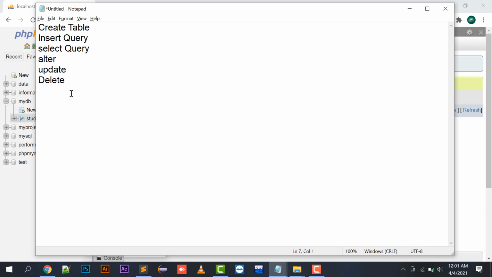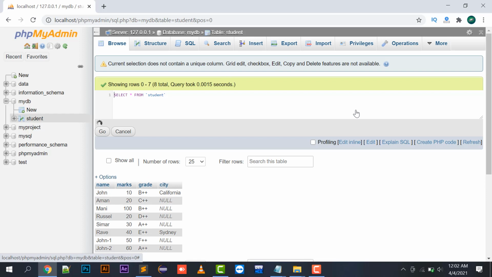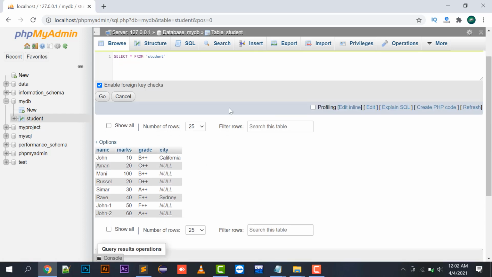So up till now we have covered create, insert, select, alter, update, and delete, right? So the next part is, if I look at the grade part, we don't have a distinct grade over here. A plus plus is repeated two times, right? And B plus plus is also repeated two times. So there is an option of edit inline over here. So I will implement the where